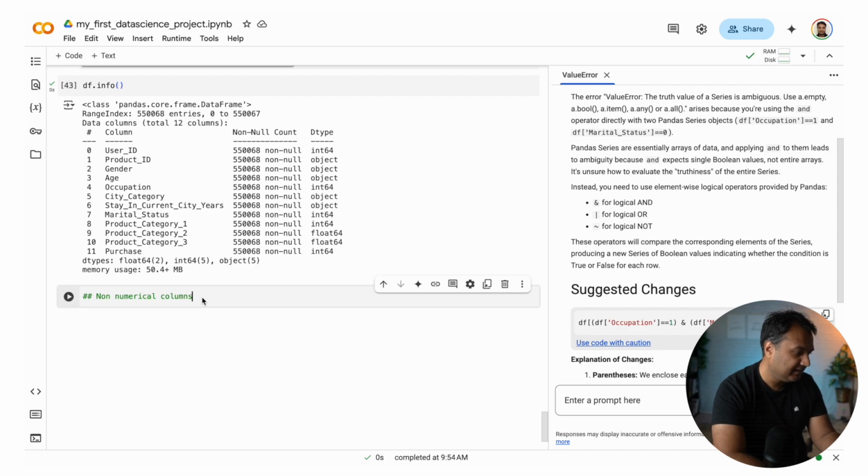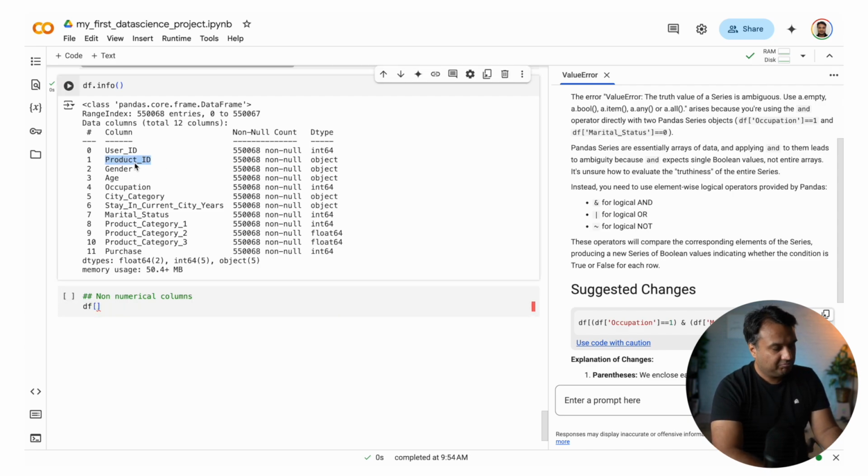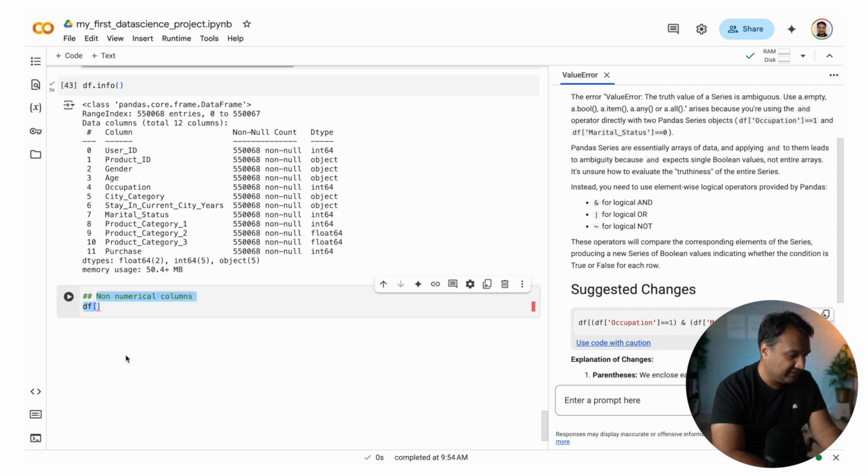So let's look at user ID and product ID. This is information we do not need, because we want to discern the patterns of this kind of user and this kind of product, and make predictions based on that. Not for each specific product. So these two columns we will be deleting. So I'm not worried about that. Let's see why gender is, because I think that's understandable.